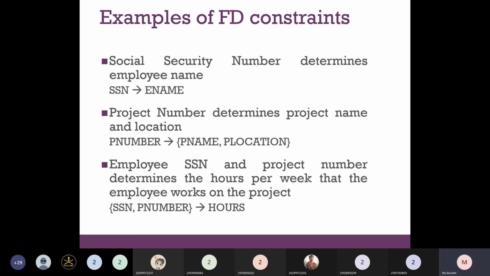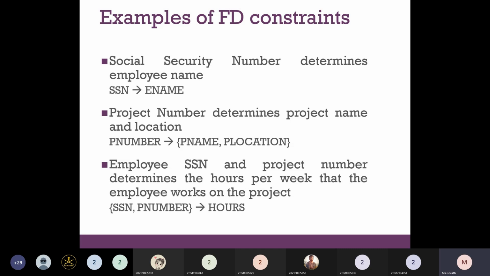So the social security number in the employee table determines the name of the employee. The social security number helps to determine the name of the employee, in the sense that there exists a functional dependency between social security number and the